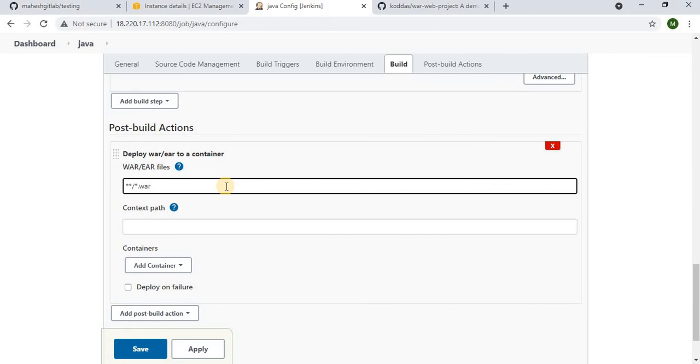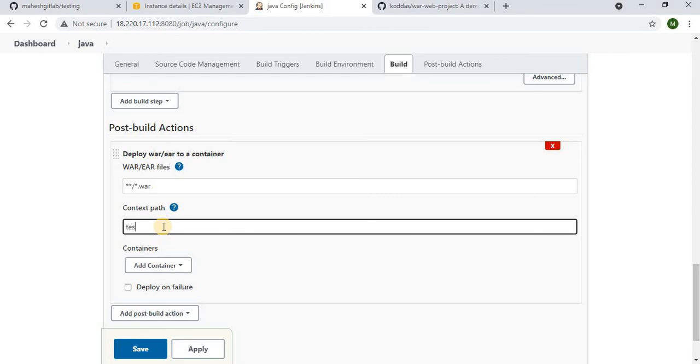Under the target, how many folders there are does not matter. Just go there, check the workspace for whatever var files are there, and deploy them. That's it.